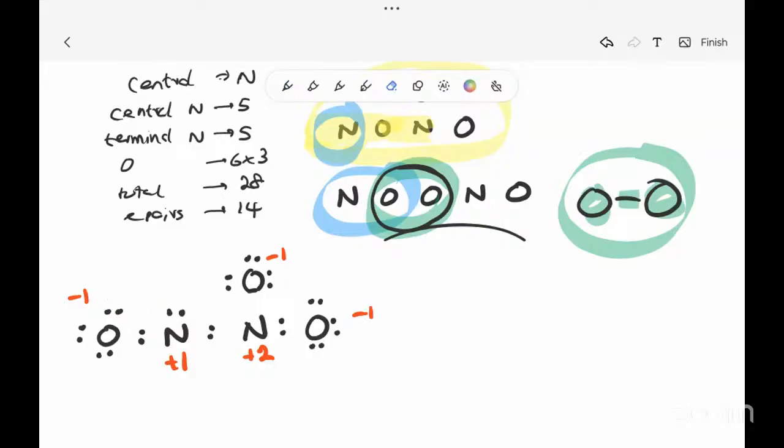So I will do this transition, and I want to do this transition. Then